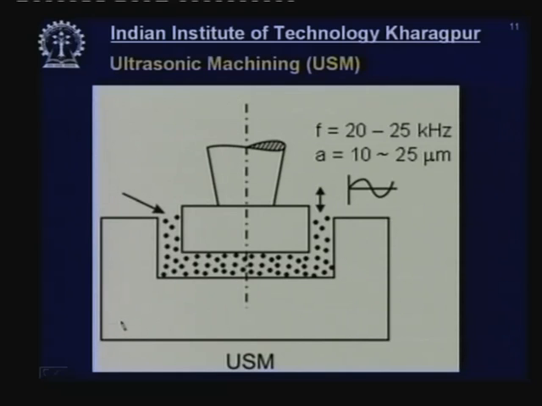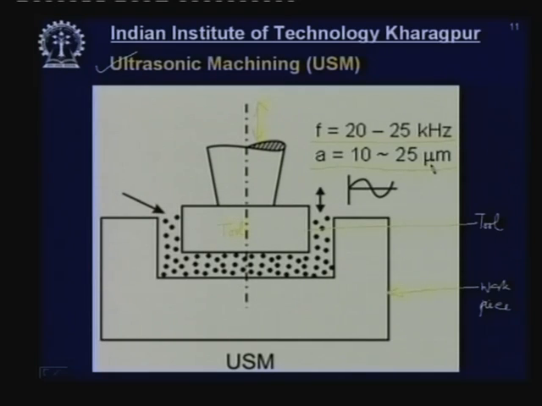Now, before we go into abrasive jet machining in a detailed manner, let us touch upon different non-traditional machining processes. This is ultrasonic machining. What is it? There is a tool in the ultrasonic machining process. This is my tool. There is a workpiece. This one is my workpiece. And this tool vibrates with an ultrasonic frequency. What is the nature of vibration? The frequency of vibration is around 20 to 25 kilohertz and the amplitude of vibration is around 10 to